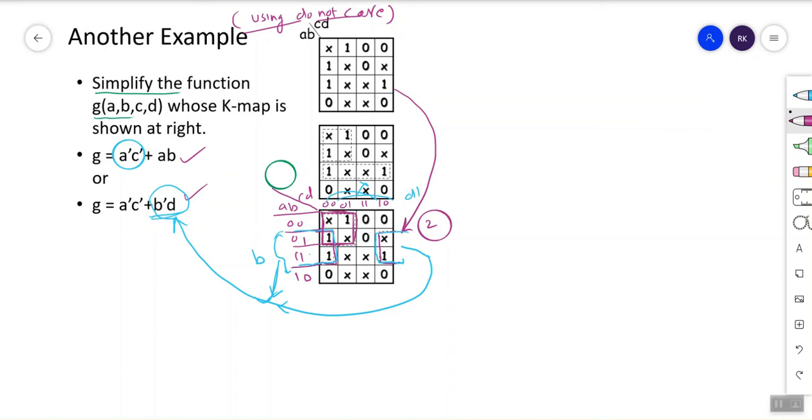Now another pair is here. Okay, so what is going to change here? Here B is going to change 0 1. So it cancels out, and A remains the same, 0 0. So A naught comes here. Now if you see here, C is not changing. C remains 0 0, and D again changes 0 1. So D cancels out, and from here C naught comes. So what comes here? A naught C naught. So from this expression B is going to receive this.